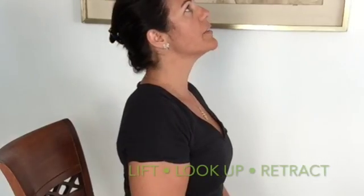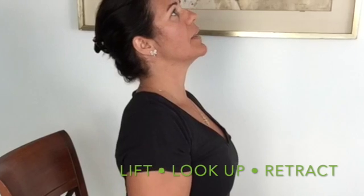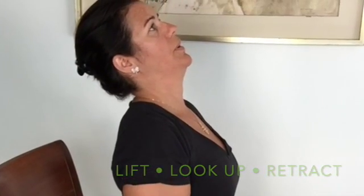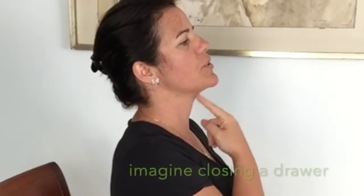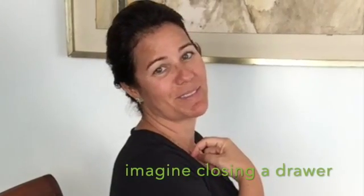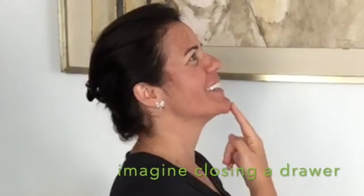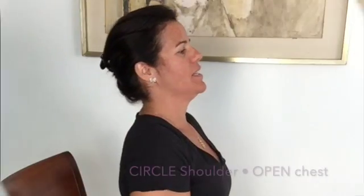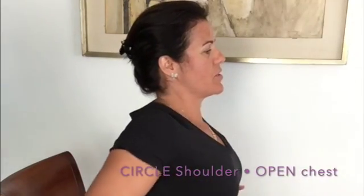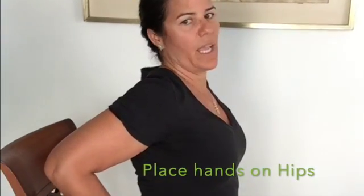So we lift the neck and the head up, and then pull the chin back like a drawer. So what you're imagining is you want to show somebody your double chin. Not the nicest thing to do, but just try doing this when nobody's looking. So pull back. The other great thing to do here is to do shoulder circles, and then bring your hands